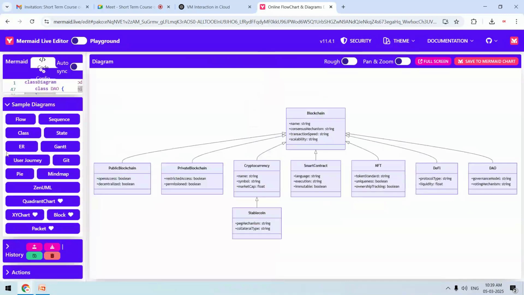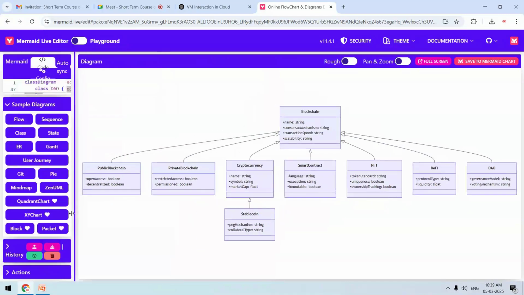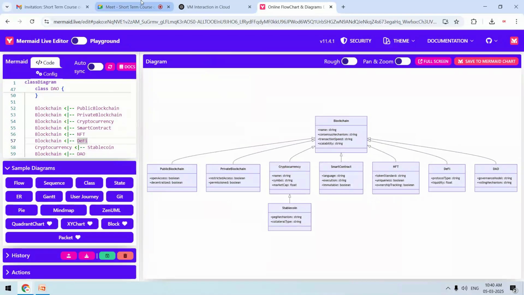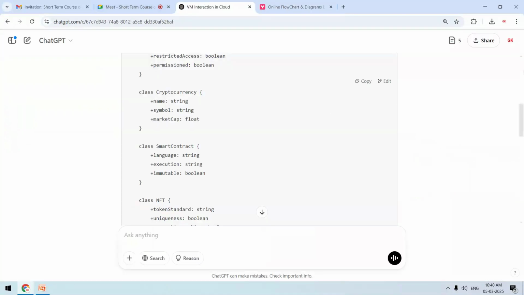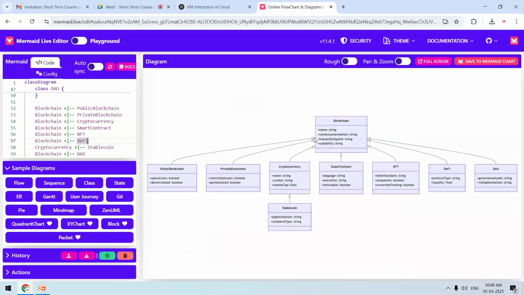So if I want to explain something, if I want to create a lecture note, if I want to create some study material related to this part, so simply in ChatGPT what we will do, we will ask it to generate the content, we will ask it to generate the script rather than that